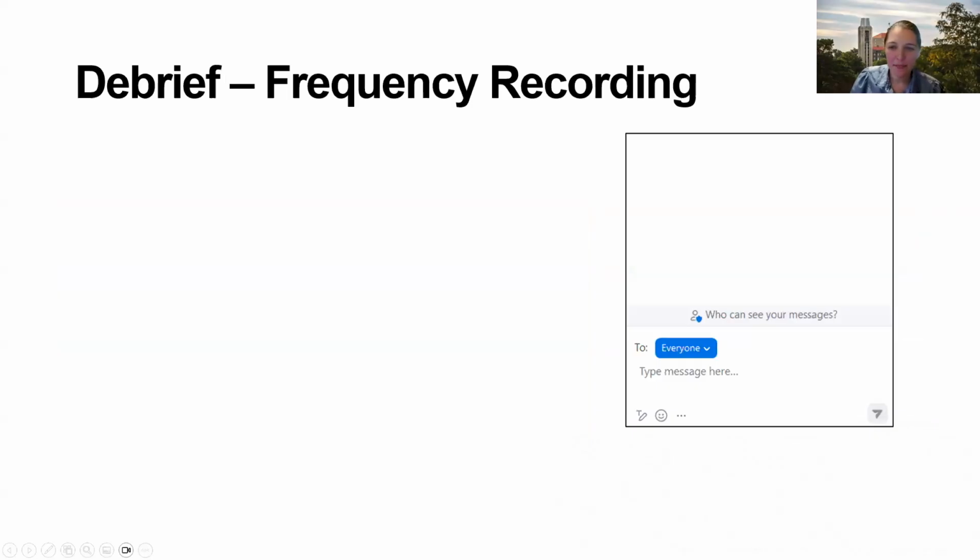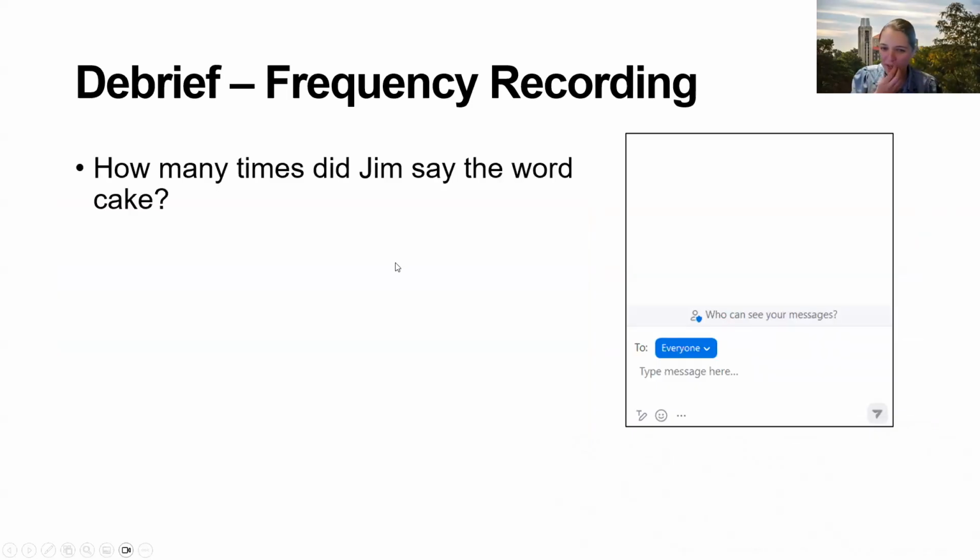Okay, so I'll give you time. Count up your tallies. And when you're ready, go ahead and pop it in the chat. How many times did Jim say cake? I had 18. He said cake 18 times is what I counted. And I think what we notice is we're seeing a span of answers, and that is totally normal. That is why we practice doing observations, like we practice with our definition, we practice measuring, we get reliable with the other people around us, because this is totally normal.